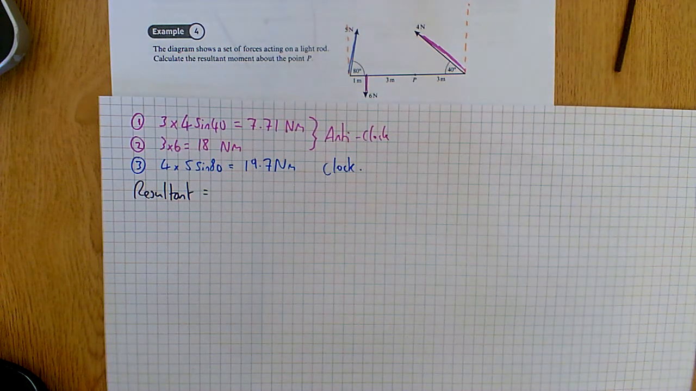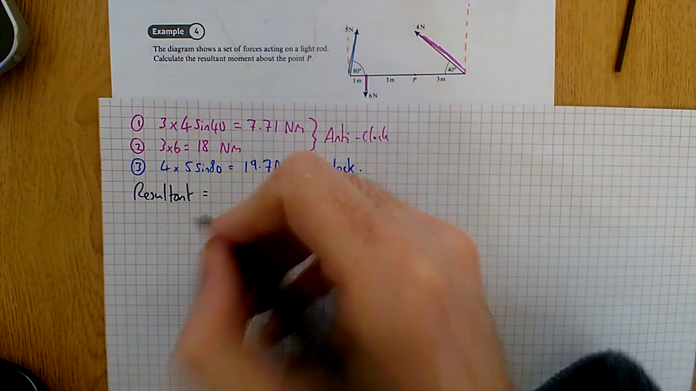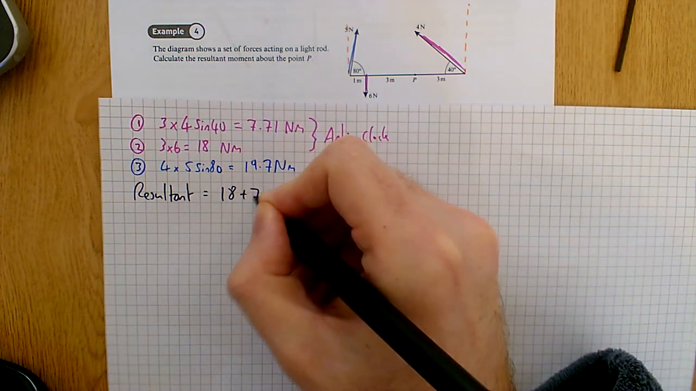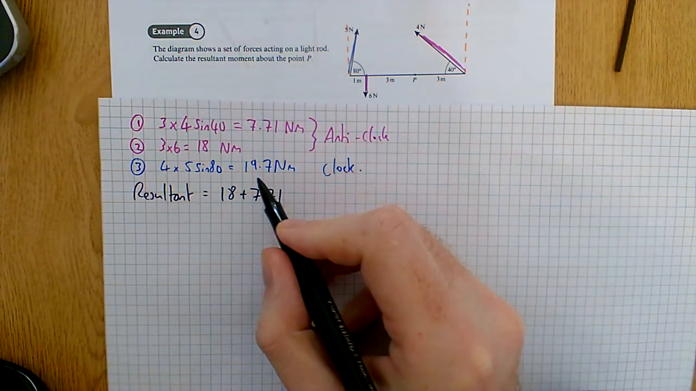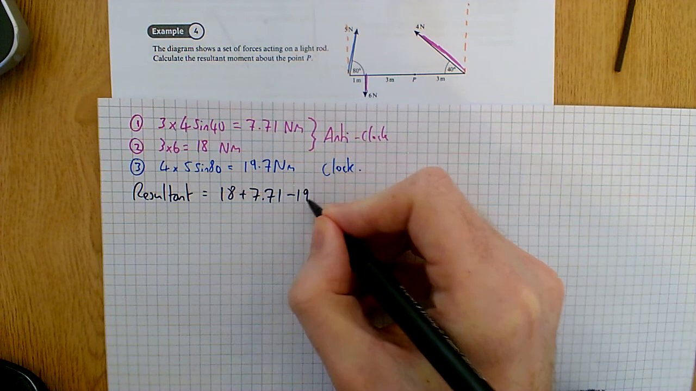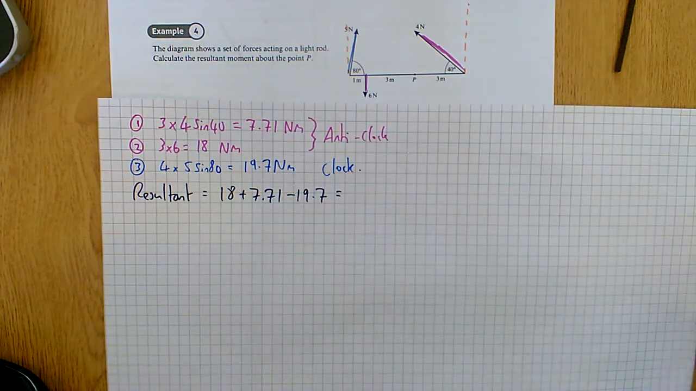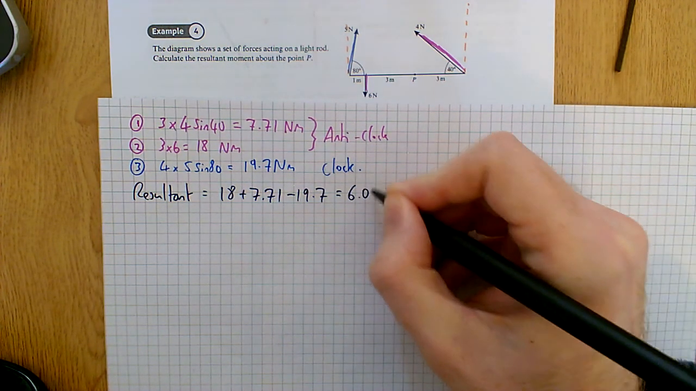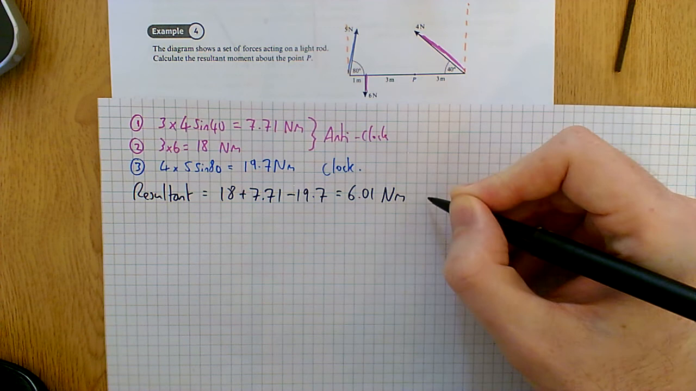Okay, so this time we can see the pink forces, the anti-clockwise forces, when we add them together are going to beat this one. So we know it's going to be moving anti-clockwise, and we've got 18 plus 7.71 there on the same side, but the 19.7 is opposing. So we pop that into the calculator, 18 plus 7.71 minus 19.7, which gives us 6.01 Newton meters,